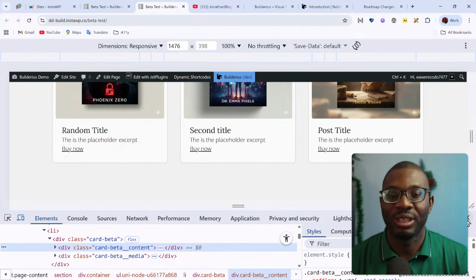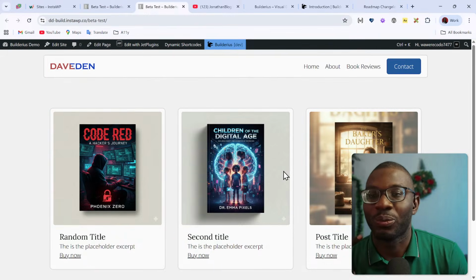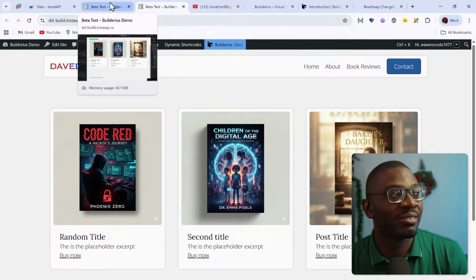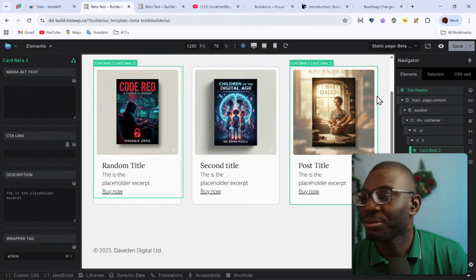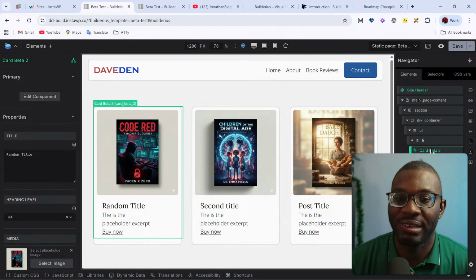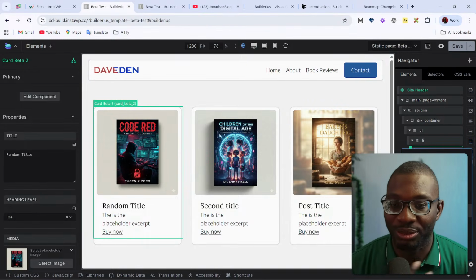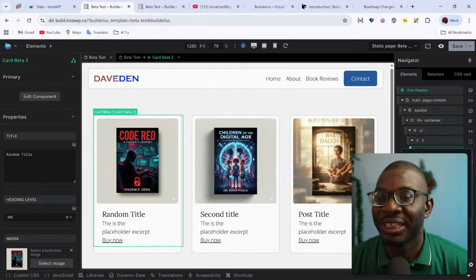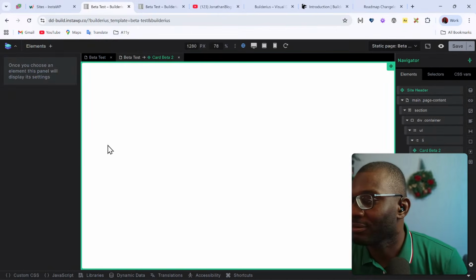So that means this is how the props work flawlessly. And like they mentioned, you can use it within your conditional logic. So even within the text itself, for example, I can go back to my card. I haven't tried it out, so I'm just guessing right now. Edit the component,